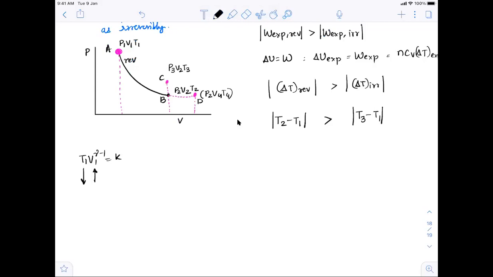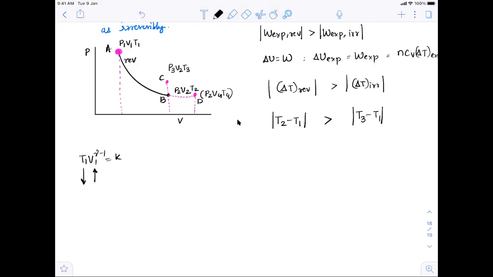This is just now we have proved, which means since the volume is increasing in expansion, the temperature has to fall down. So from T1 to T2, if you compare, T2 is smaller value. T3 is smaller than T1. But which has more dip here? T2 should be much smaller compared to that of T3. Then only the dip is more here. Right, guys? It is like this.